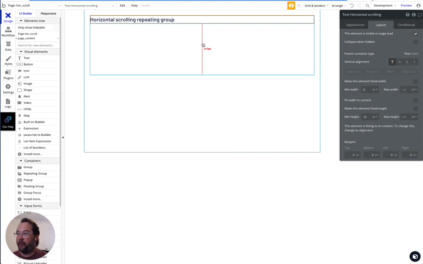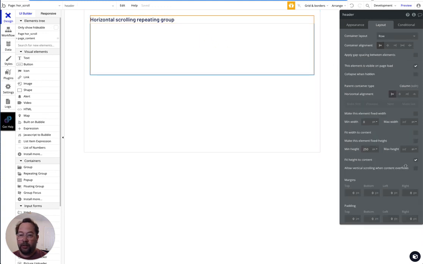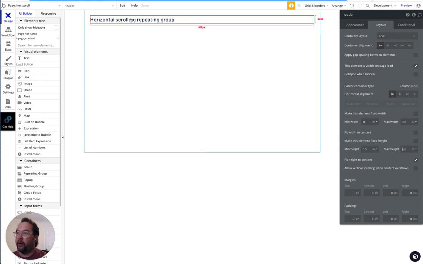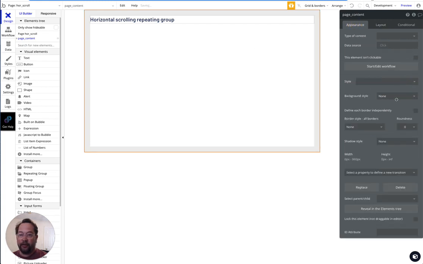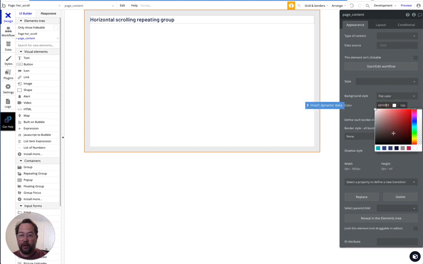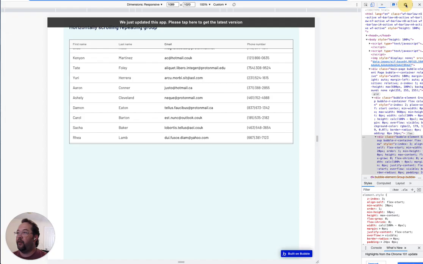That's going to be good enough there, and we do want this to fit to content, and we're going to give this a min height of 10 as well. And this is just the parent group on that text. Okay, perfect. So let's see. I'm going to go ahead and add some colors to the page group itself. So we'll just do a flat color. Let's grab this and reduce the opacity. And so if we preview this,